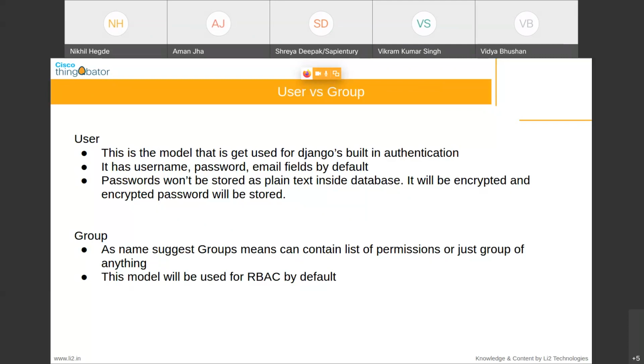The user model is a table. Models and tables are the same; in Django we call it a model, and in SQL we call it a table. I'll refer to it as a model, as in the slides. In the user model, all the data with respect to the user, such as username, password, email, phone number, will be stored. You don't have to create it. It is created by default in Django for you to store the data. And this is the model that gets used by Django's built-in authentication.